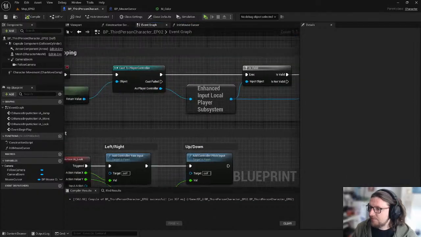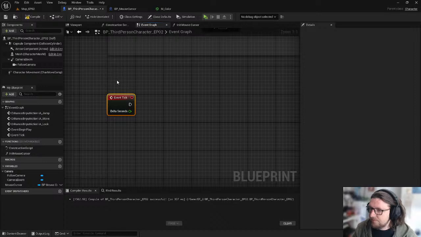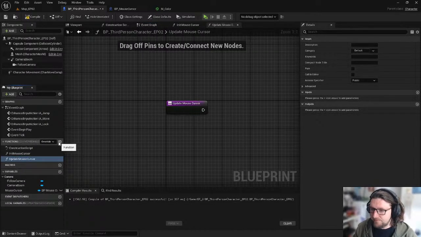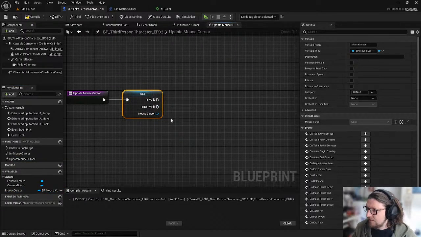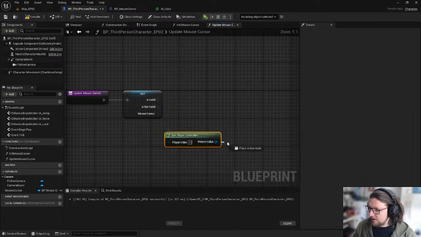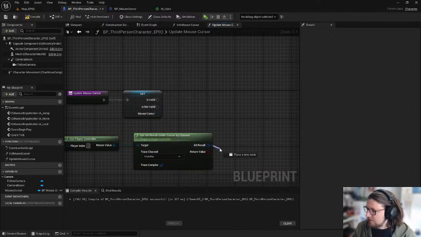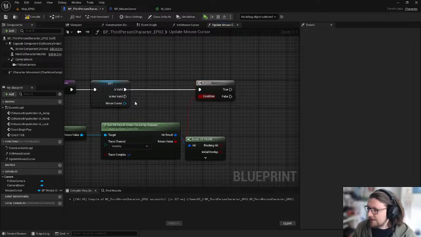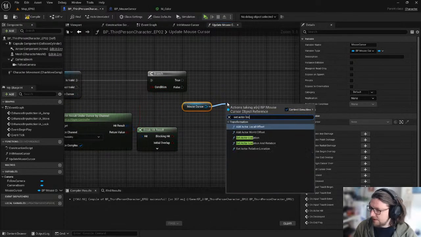And then on event tick, we're going to update mouse cursor. As long as this mouse cursor is valid, we will get the player controller, get the hit under cursor, break this. As long as there is something that gets hit, we will set the actor location